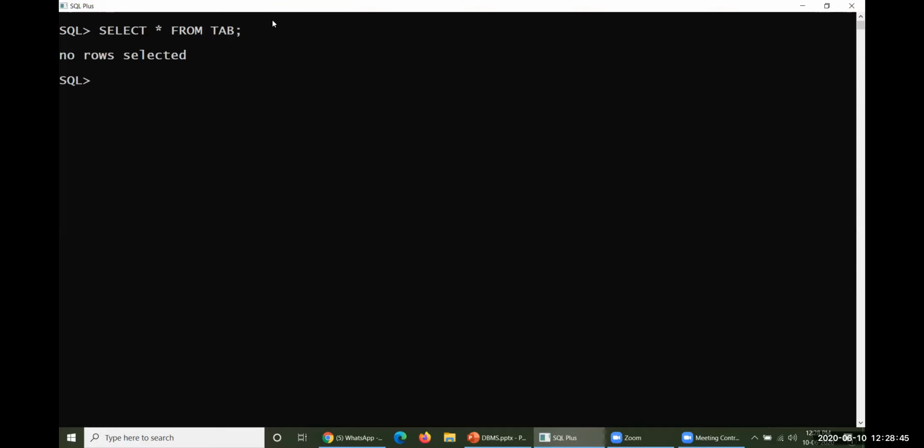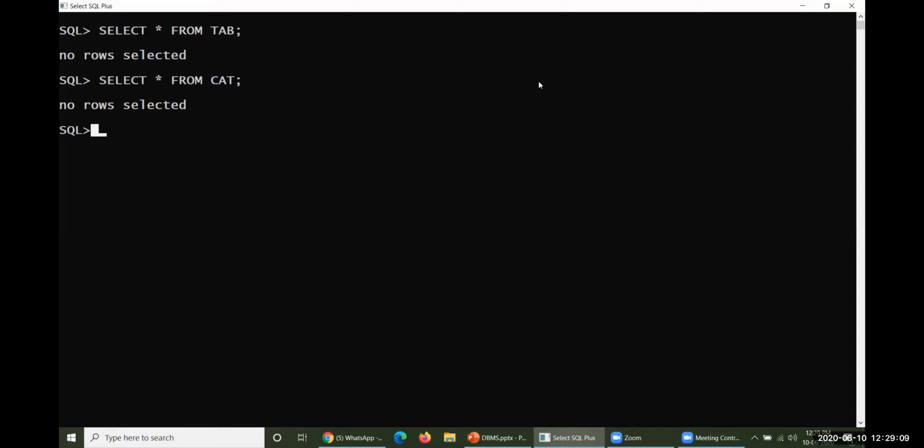You can see no rows are selected, so there is no table which we have created here. Otherwise, select everything from CAT. No rows are selected here, so no table, view or any other kind of object has been created so far.